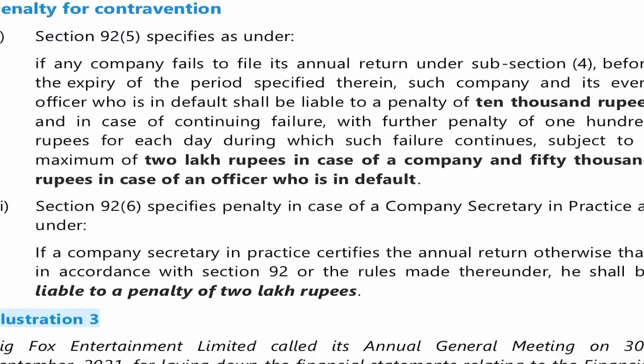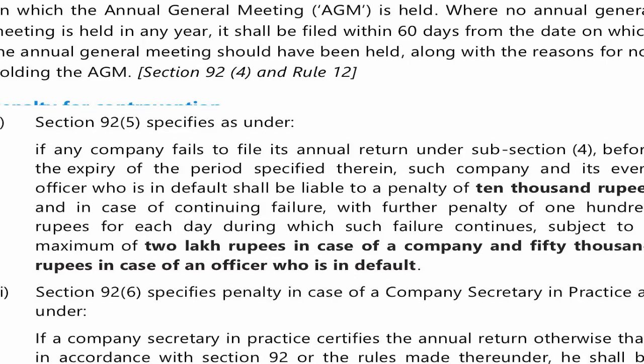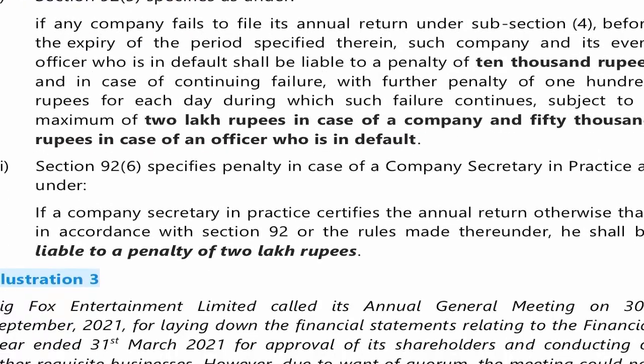Section 92(6) specifies penalty in case of company secretary in practice. कितना है बताओ? सीएस ने गलत साइन किया तो 2 लाख रुपए। वो तो मैंने जस्ट एग्जांपल दिया था। But if a company secretary in practice certifies the annual return otherwise than in accordance with Section 92 or the rules made thereunder, he shall be liable to a penalty of 2 lakh rupees. मतलब छोटा बड़ा सीधा 2 लाख।